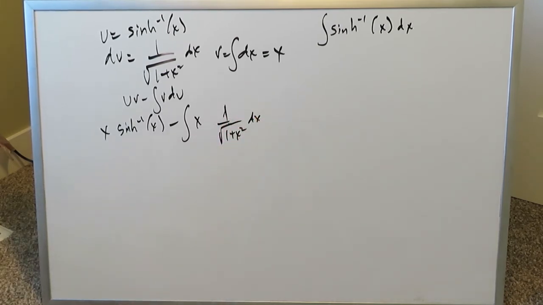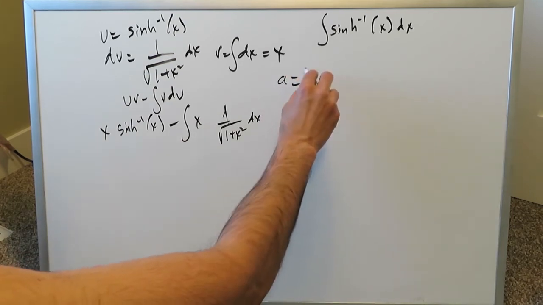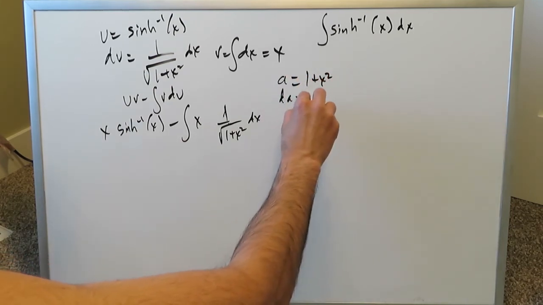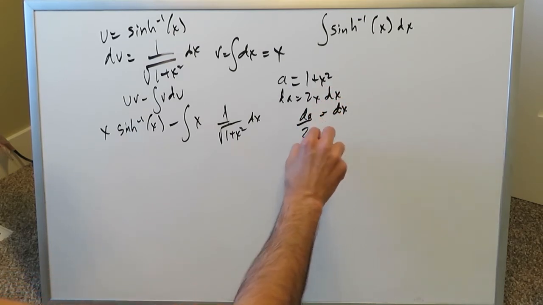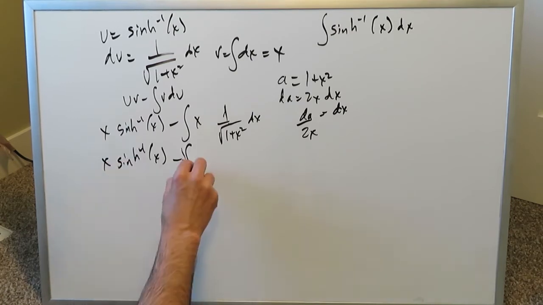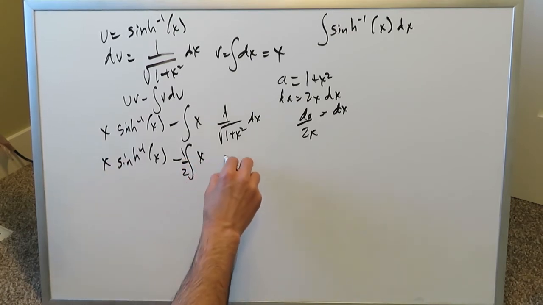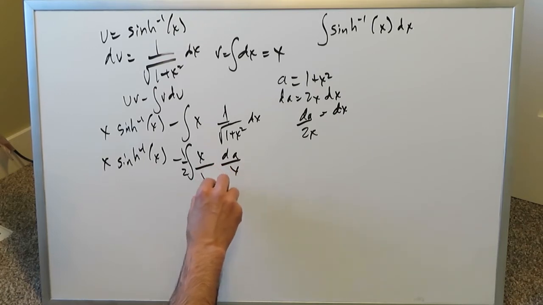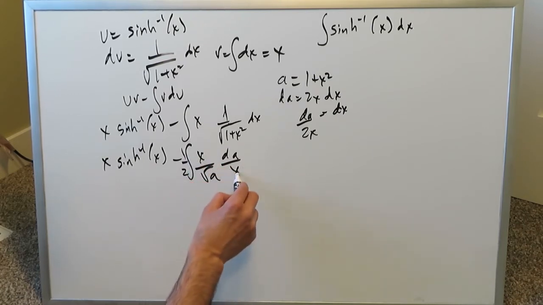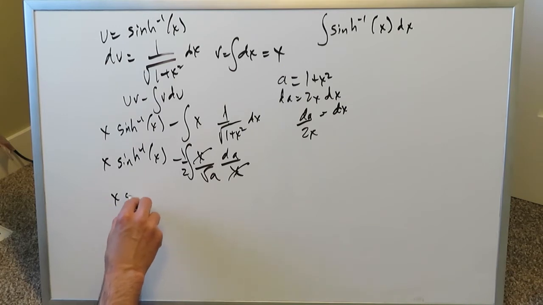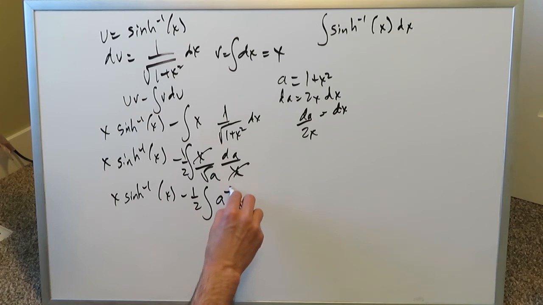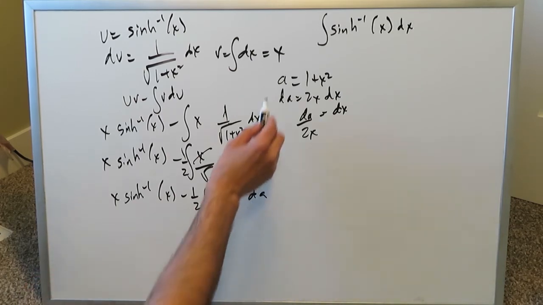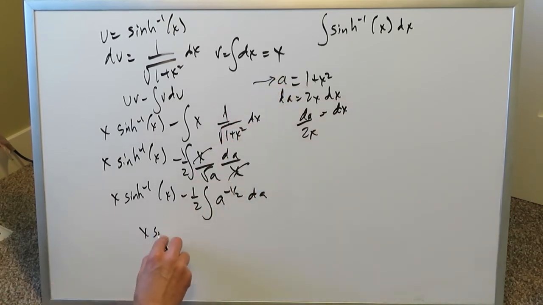You can do polynomial substitution to get rid of this. If a is equal to 1 plus x squared, dA is equal to 2x dx, and dx is equal to dA over 2x, and you can modify this entire expression. You can bring the 1 over 2 out, you'll have an x, you'll have a dA over x, and then you'll have a root a over here. The x's cancel out. Everything over here becomes this, minus 1 over 2. You can bring the a up as a to the minus 1 over 2 dA. Just easily integrate this and take this to completion with resubstitution for this, and we will have as our antiderivative